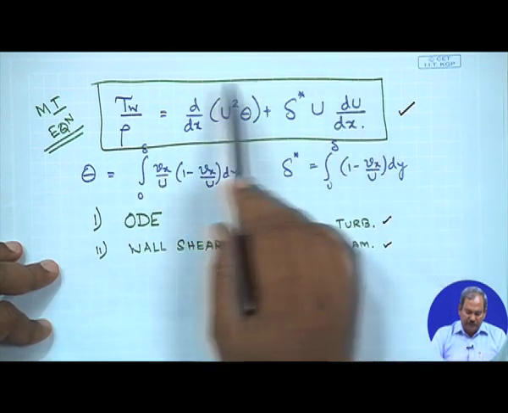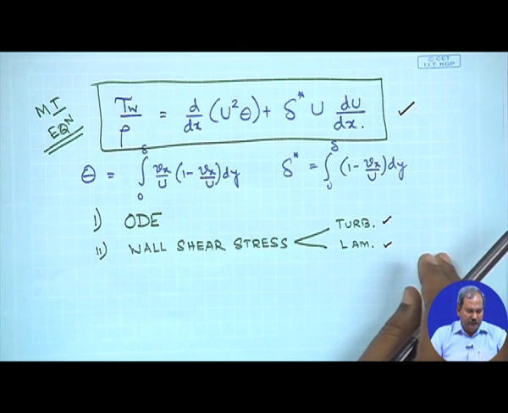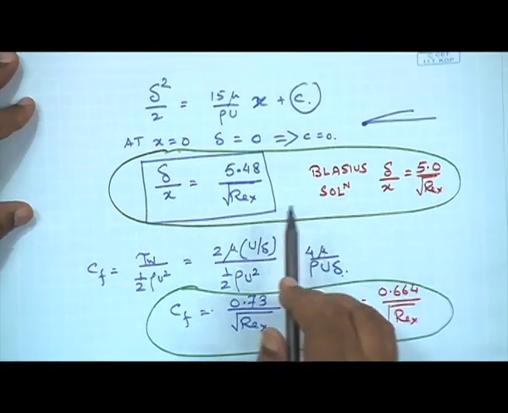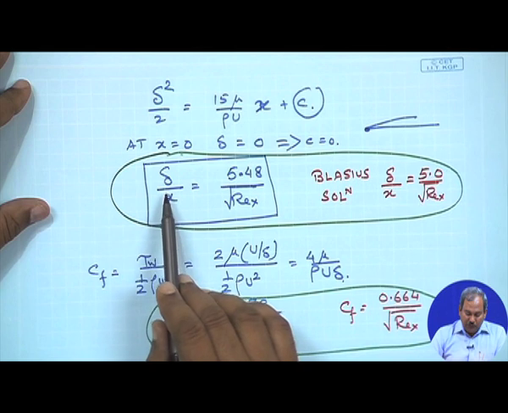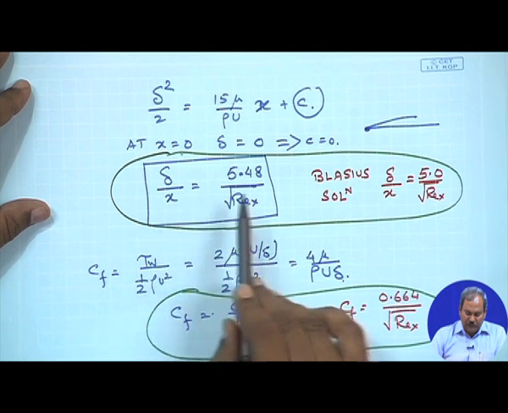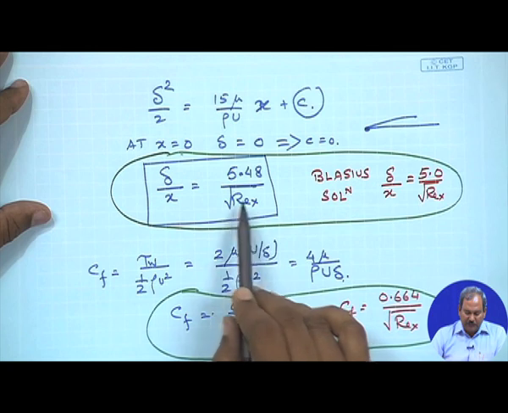So, this is a very general equation, and we have seen the use of this equation in solving some of the problems that we have done before, and the final form for the case of flow over a flat plate that we have obtained in the previous class, where delta by x, the growth of the boundary layer as a function of axial position and as a function of other parameters, including the imposed condition of the approach velocity, which is embedded into Reynolds number, and the properties of the fluids also incorporated in the Reynolds number,